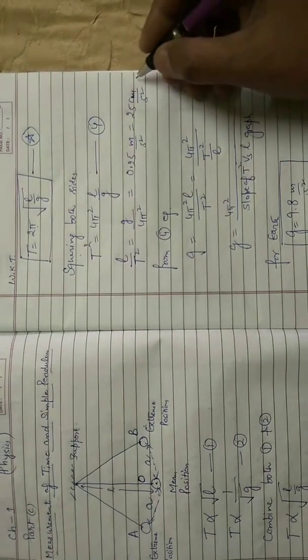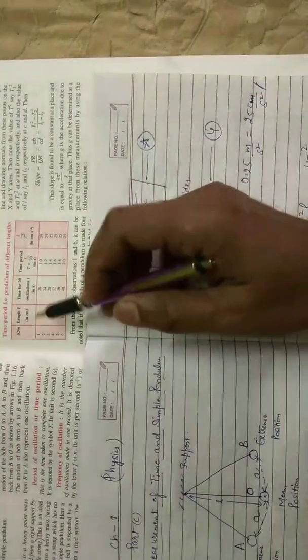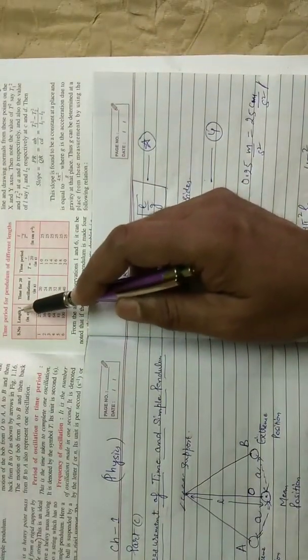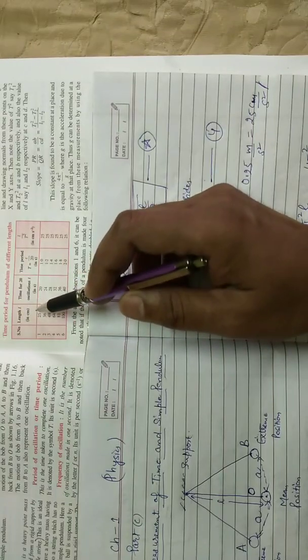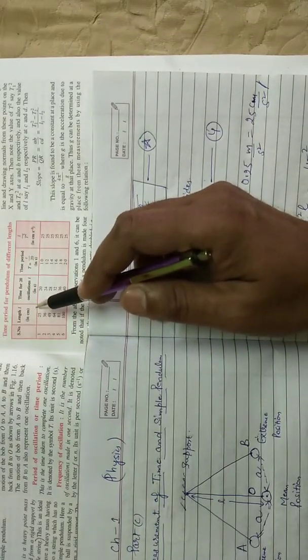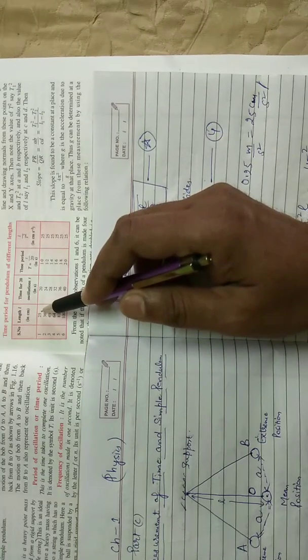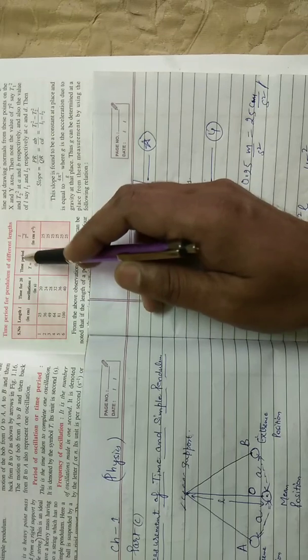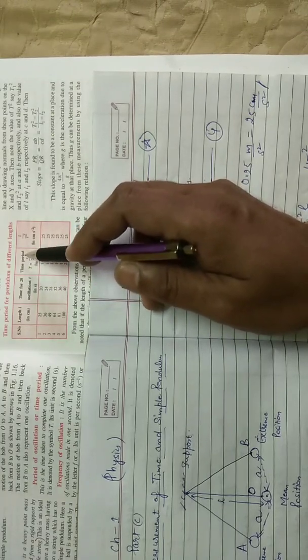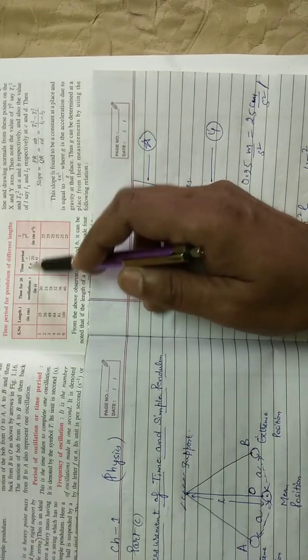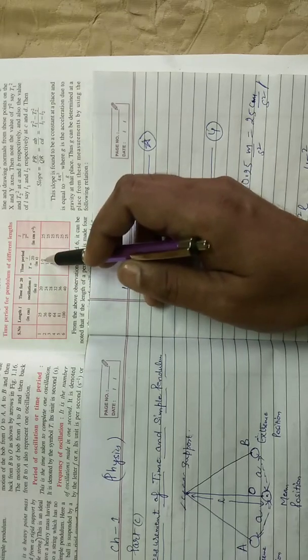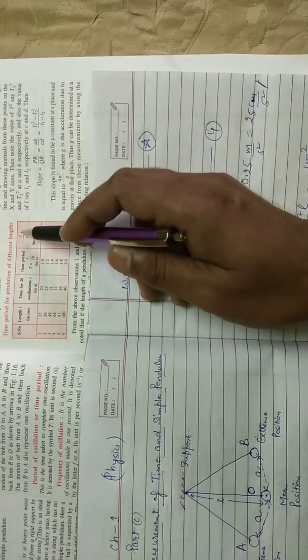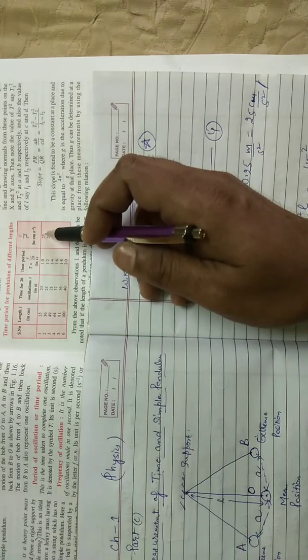Now try to see how this concept comes about. Any value you can take for the length of the pendulum. Here I am taking 25 centimeter. Time for 20 oscillations is 20 seconds, and the time period for one oscillation you get by dividing by 20, which gives 1 second. So L by T square for that will be 25.